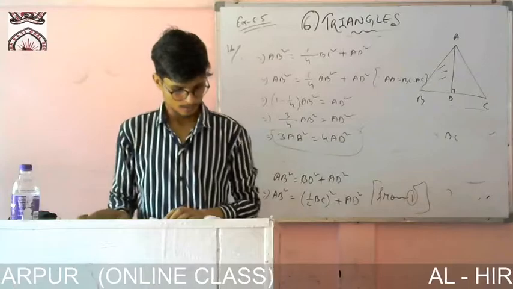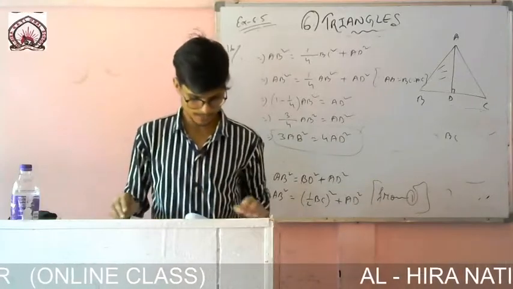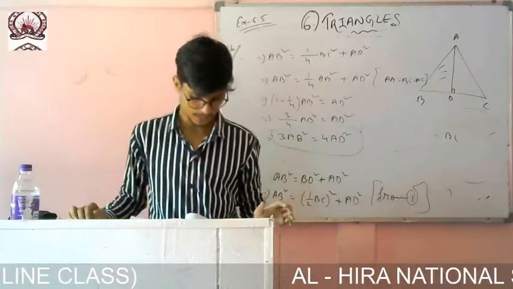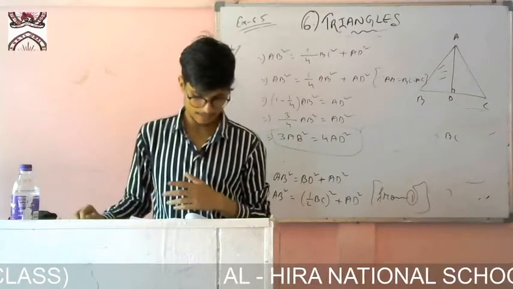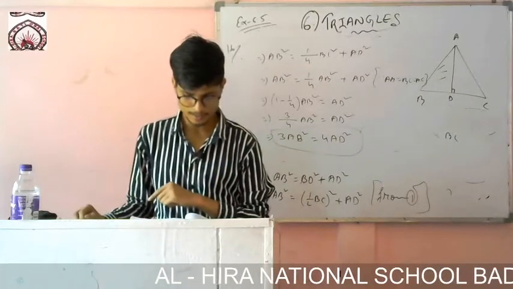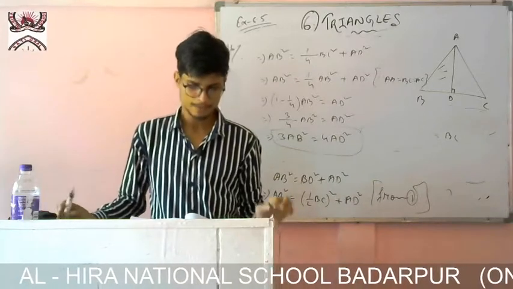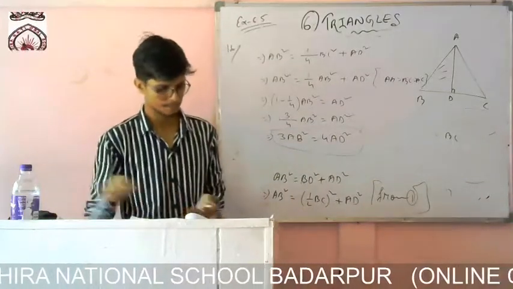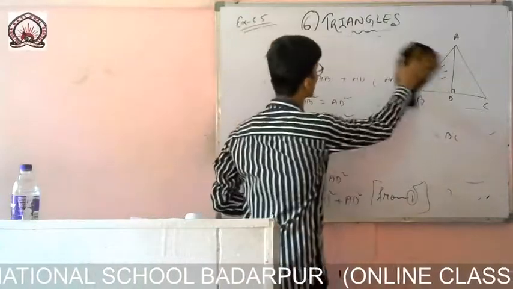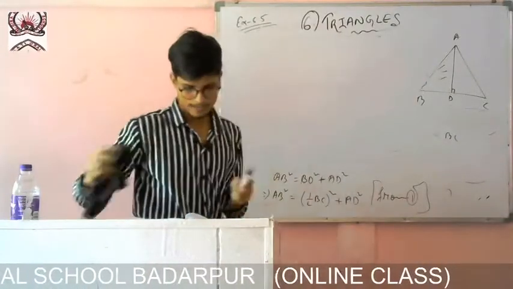Okay, so the last sum, that is question number 17. Take the correct answer and justify. In triangle ABC, AB and AC are given, and BC is given 6 centimeter. Then what will be the value of angle B? You just multiply it, you will get it. This is just like question number 1 that we have done. Easily you can find it.